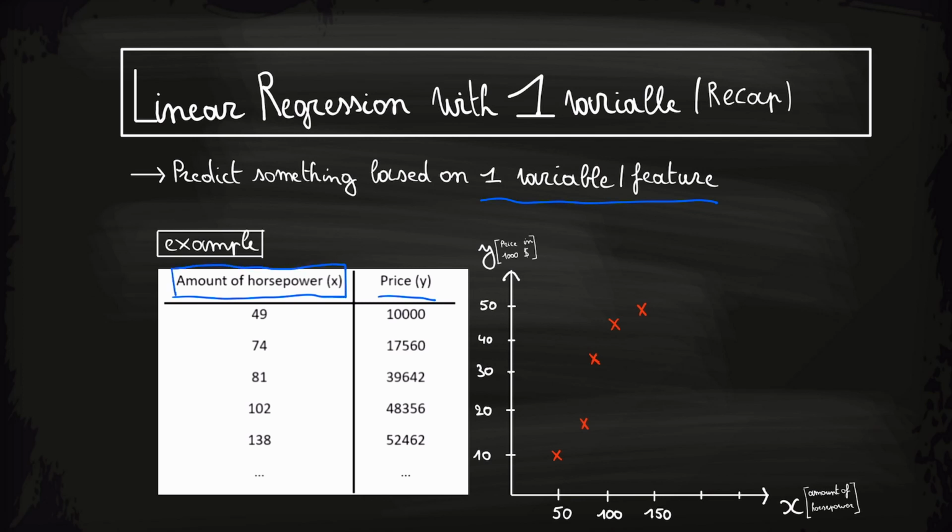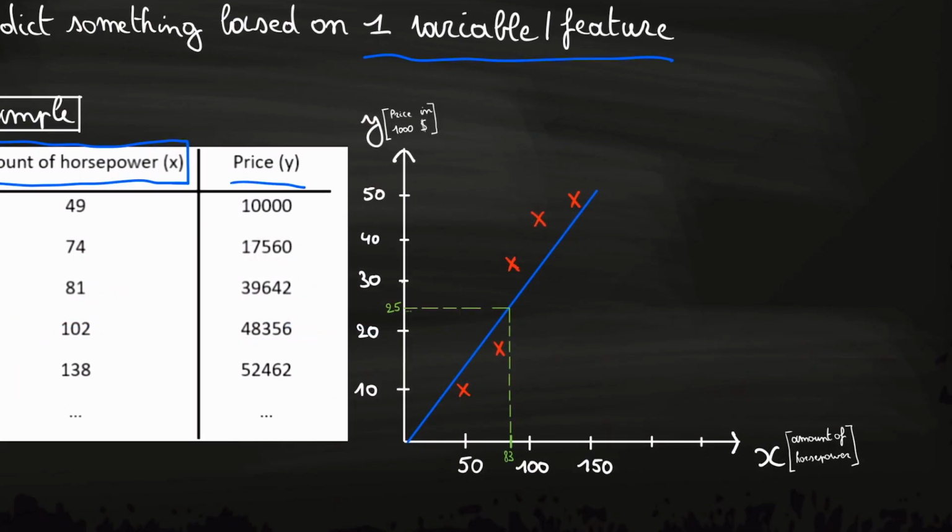For example, if we plot these points on a graph, we get this. Now our goal is to draw a linear line that fits the data best and that will give accurate predictions for new unseen data. So after we trained the model and decided that this is the best hypothesis, we can now try to predict the price given some new unseen data point. For example, we can estimate the price of a car to be around $25,000 given that the amount of horsepower